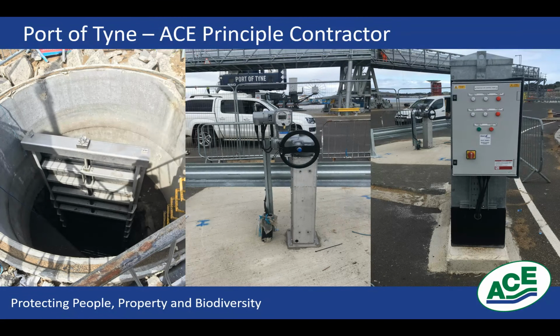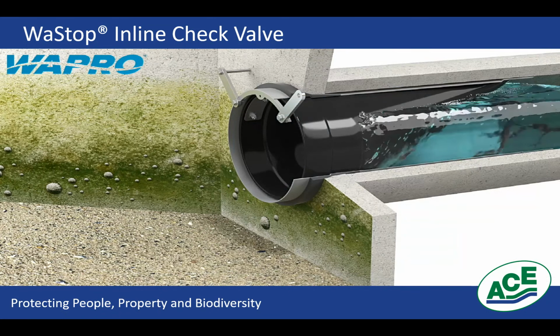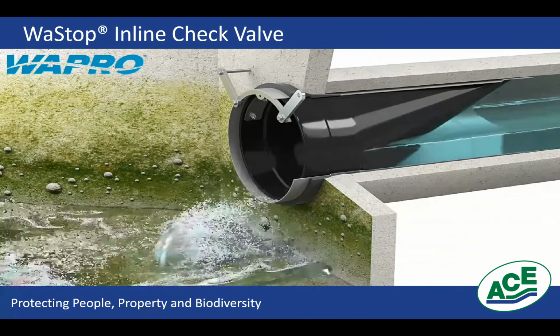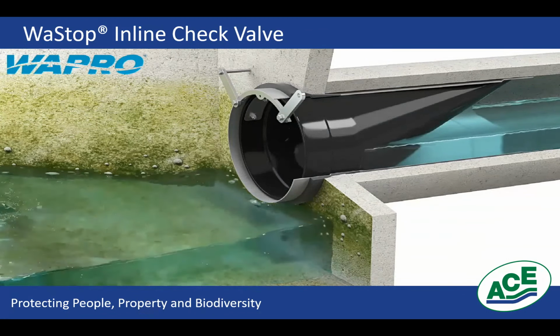Now, to explain the other 4 penstocks that we did for Port of Tyne, you first need to understand the wire stop. So the wire stop is a type of non-return device. As the pressure builds up behind the valve, the polyurethane membrane pops open, creates a nice flushing flow, keeps all debris and silt and everything out,